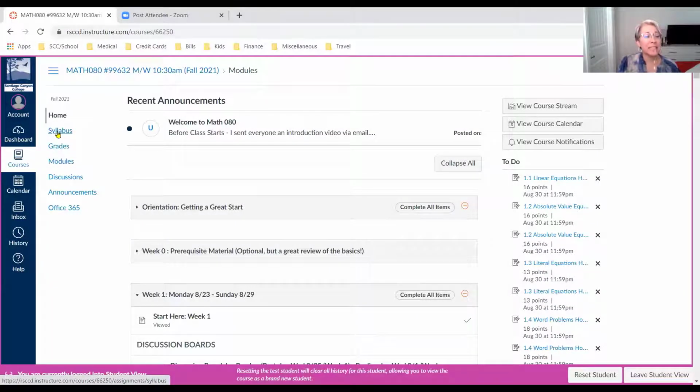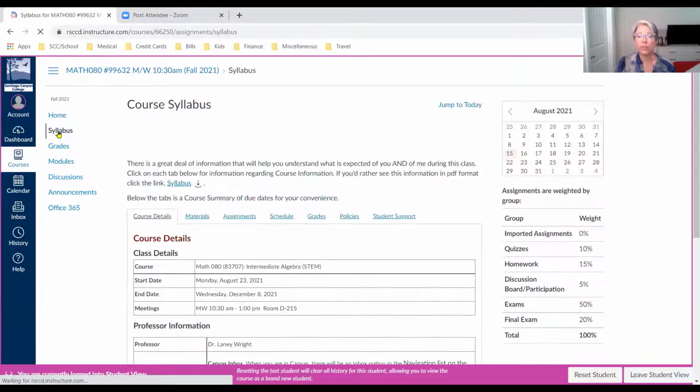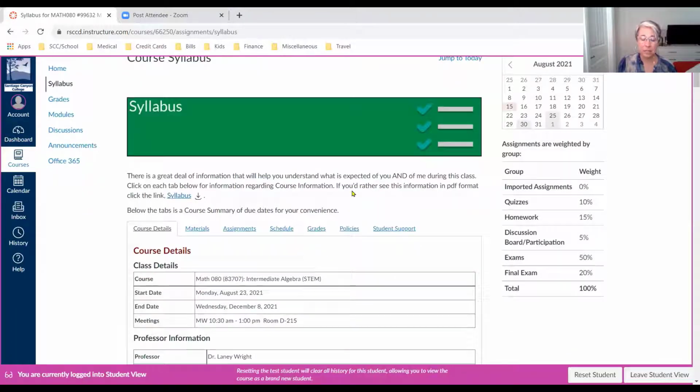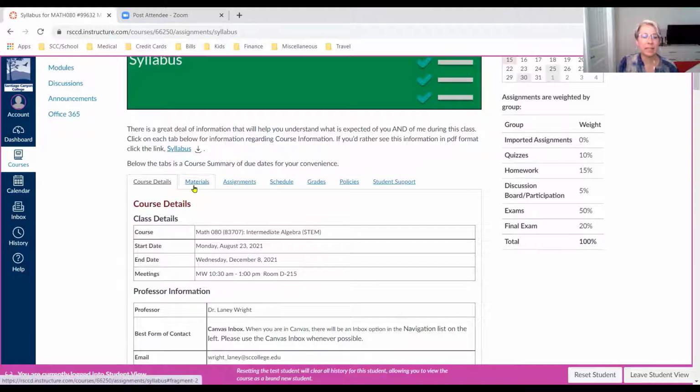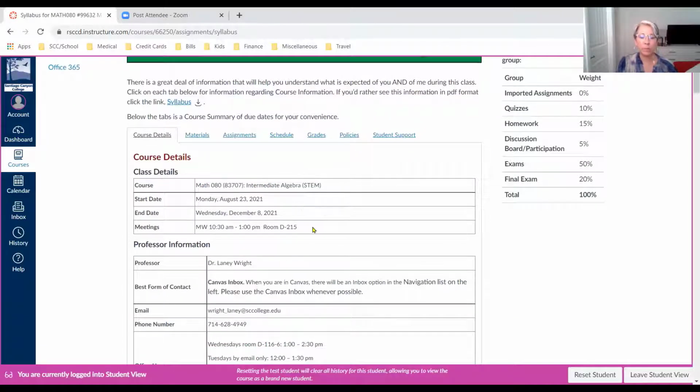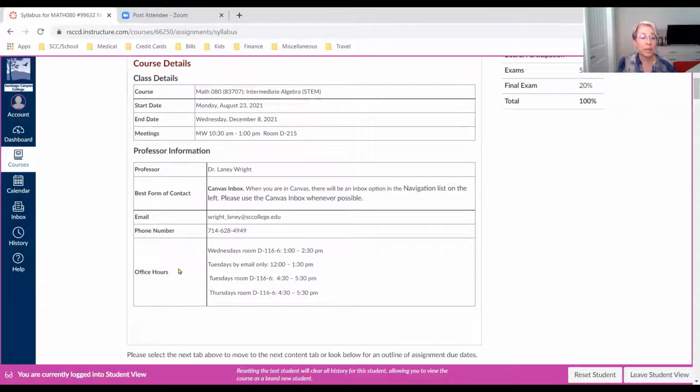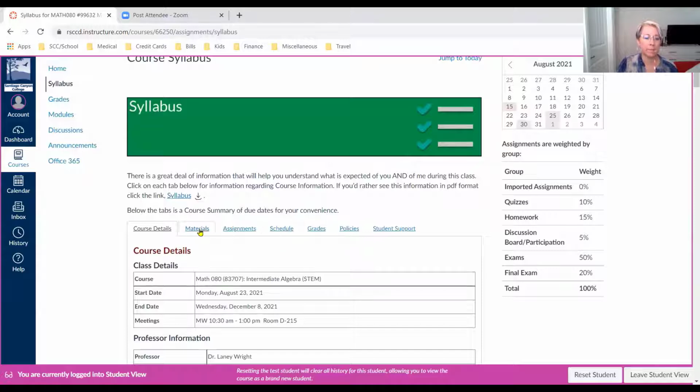The next place would be the syllabus page. And this is where you'll find all the information for our class, what's expected of you, what you can expect from me. If you want just a PDF version, you can click this link here. Otherwise, we got all the details in these tabs, course details, when we meet, where the classroom is, best way to reach me, my office hours. For those of you that are not familiar with office hours, every teacher should have some. And that's a time where you can just show up to their office and ask for questions. You don't need to make an appointment, but things do come up, doctor's appointments, kids get sick. So it's always good to double check. But if not, just swing by. We'd love to work with you.